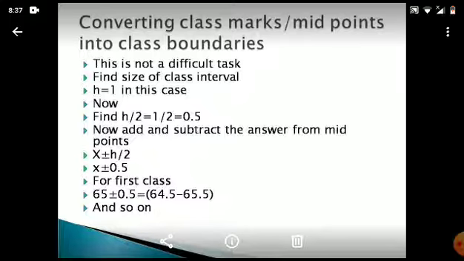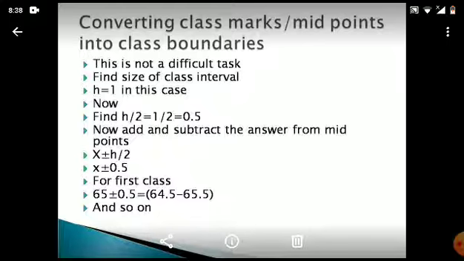Then divide your answer, whatever you obtain. It is not necessary that it is always 1, it can be any answer depending on the difference. Divide your answer by 2 and you get your desired number, that is 0.5. In the case of class limits to class boundaries, you had memorized 0.5, that you just add once and subtract once. Not in this case. Here the answer will not always be 0.5. It depends strictly on the height.